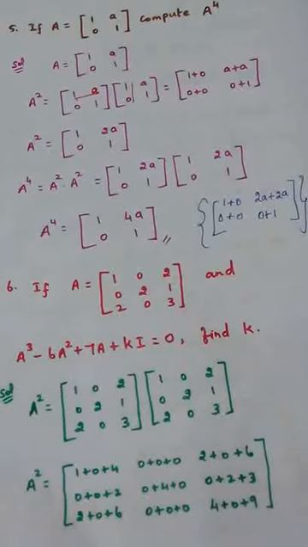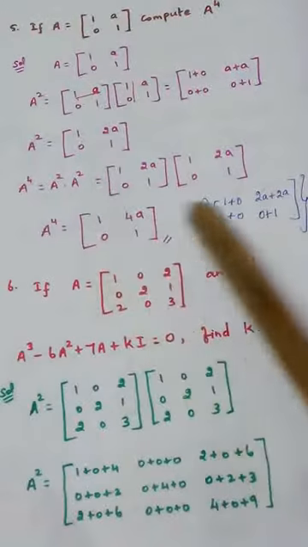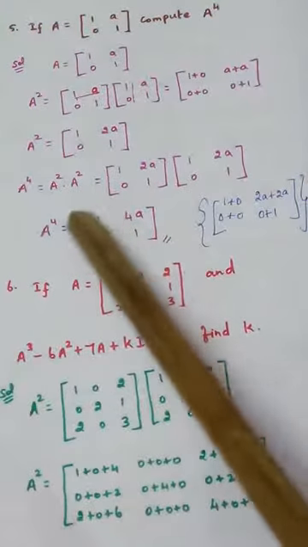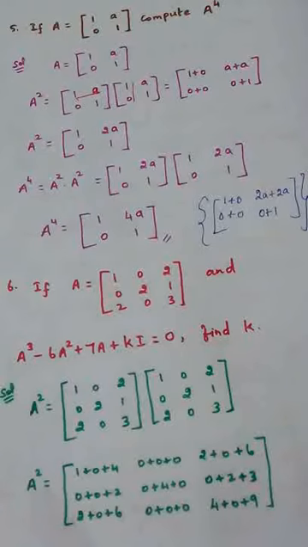So this is how we multiply two matrices. We get 1, 2A plus 2A is 4A, 0 plus 0, and 1. So this is the answer for A power 4. I am not going to explain matrix multiplication any more. Matrix multiplication means the row by column method. The first row should be taken to all the columns. After that gets over, take the second row to all the columns. If you have a third row, take the third row to all the columns. This is the procedure of multiplying two matrices.